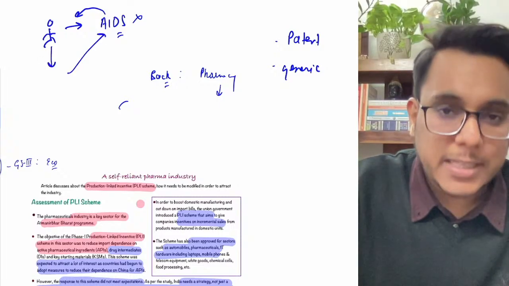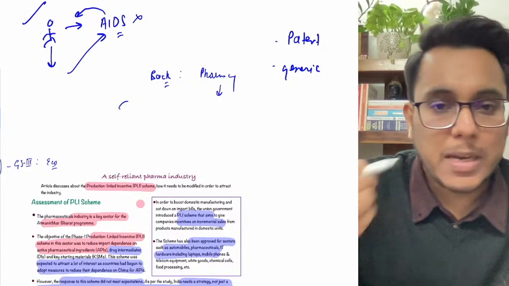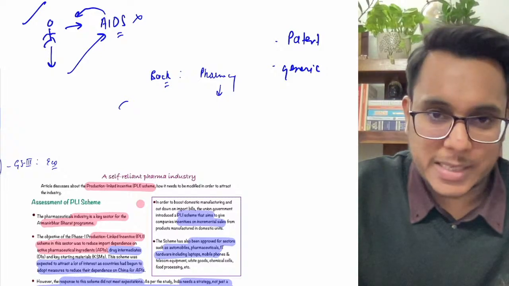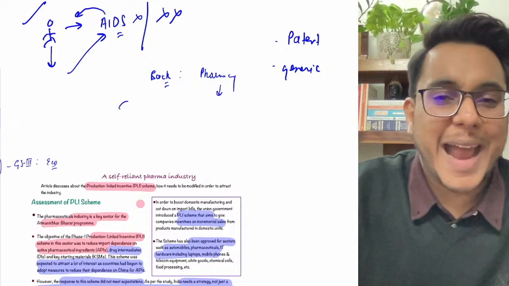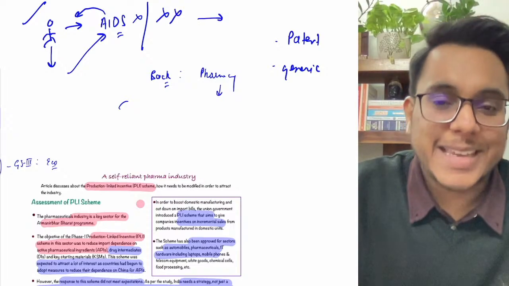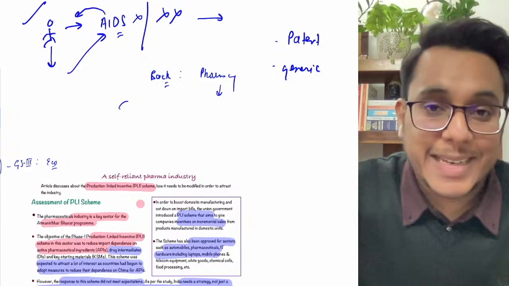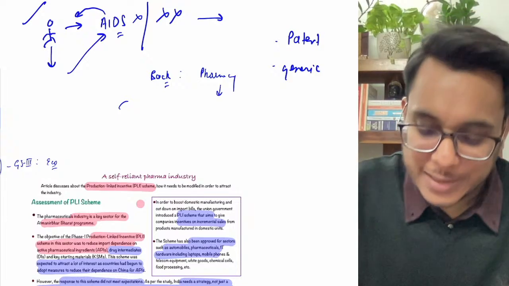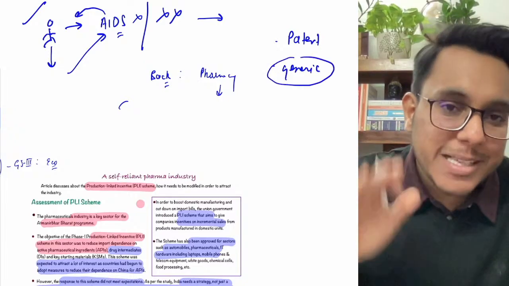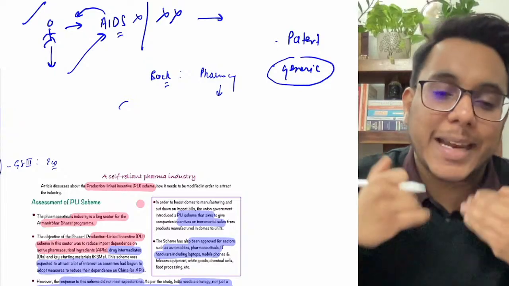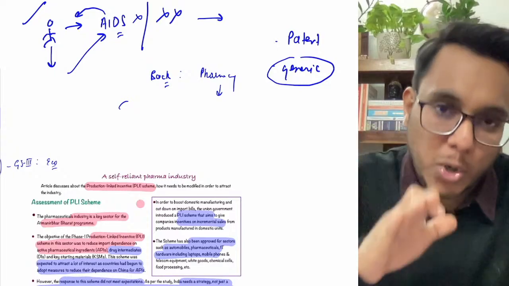This person will patent this medicine, and for the next 20-25 years only this person will be able to make it. However, after 20-25 years, the patent will expire, and then this medicine can be manufactured by other pharmaceutical companies also, and that medicine will be called the generic medicine. Now this is a very basic understanding. There are some other technicalities also; deliberately I'm not going into that.